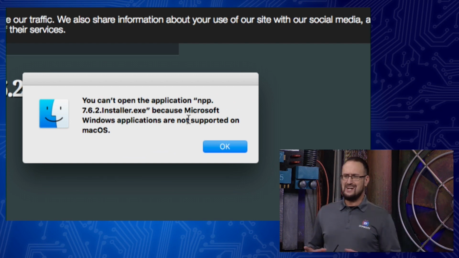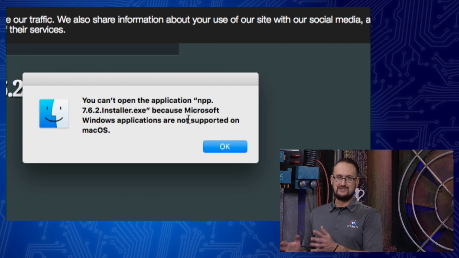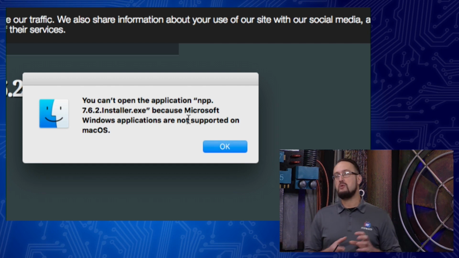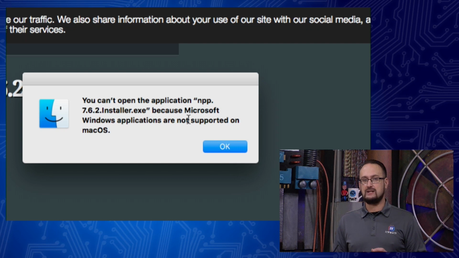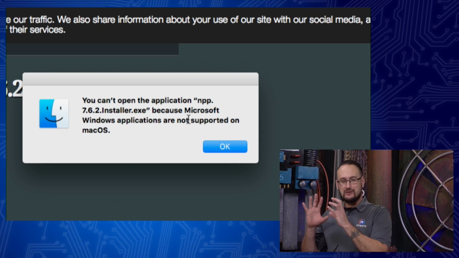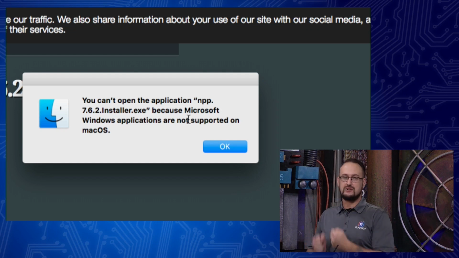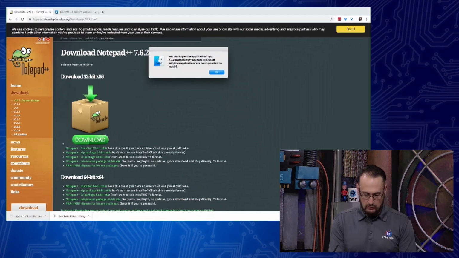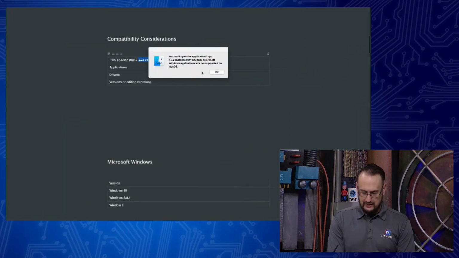This isn't a knock, or a bad thing about Mac OS, but remember what we talked about, the DNA of an operating system? I'm using that term DNA because I don't understand programming. That's the core makeup; the architecture of the operating systems is different. So you have to worry about that when you're thinking,